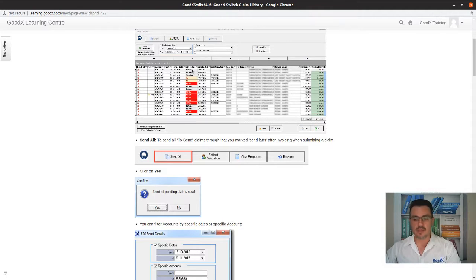Then the next status you focus on is the To Send. To Send means someone clicked on the send later button while doing the billing, or you billed multiple dates with the new episode screen function where there's multiple data, multiple doctors. Immediately all those claims will be To Send. You must come into this claim history every day and send all these To Send claims by clicking on that send all button. So in other words, when you open up this claim history screen, there should be no errors and no To Send options